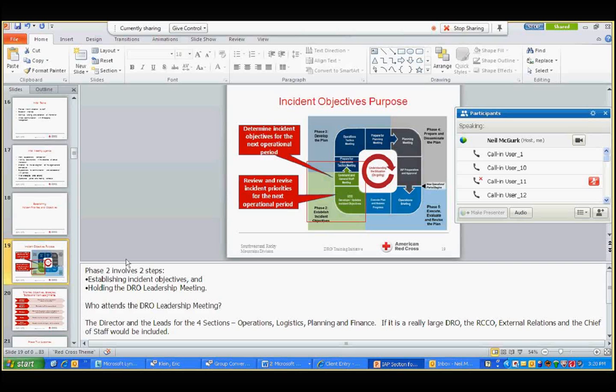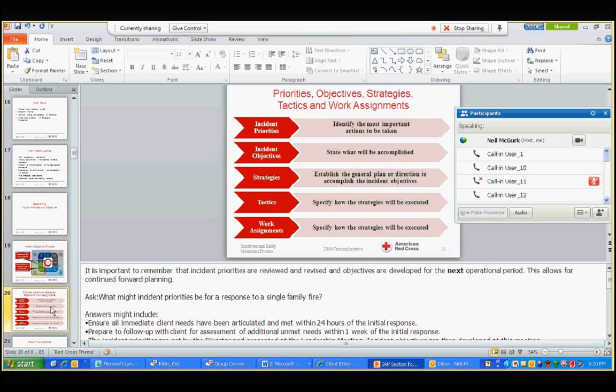So you're working through this section, you're discussing it, and then you're working through priorities, objectives, strategies, and tactics, and work assignments. And again, at this point, which is also mentioned in your facilitator's guide, use this as an opportunity to bring home the point that will be made in section 1 as we talk about the table of organization, that the command and general staff, and again, help remind them what the command and general staff is,